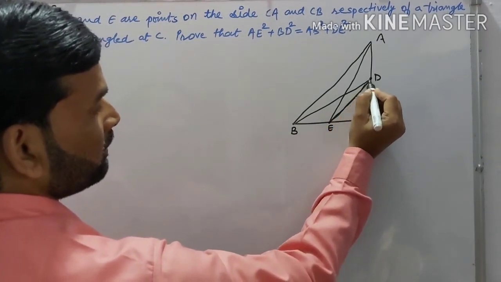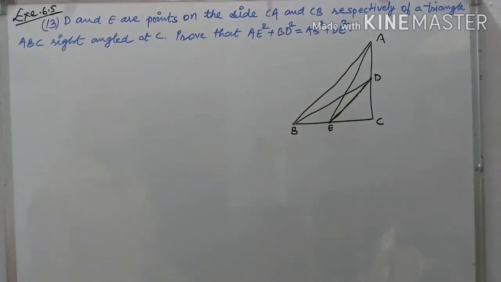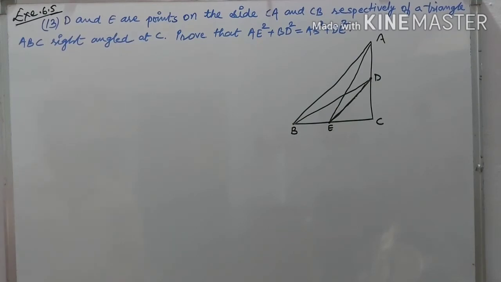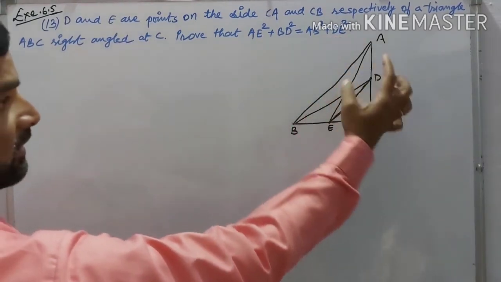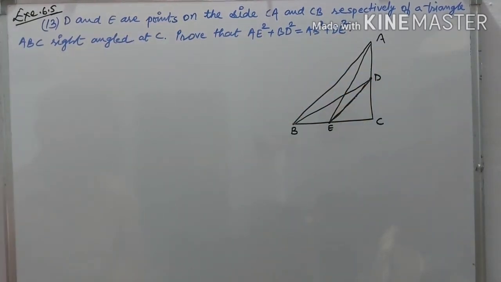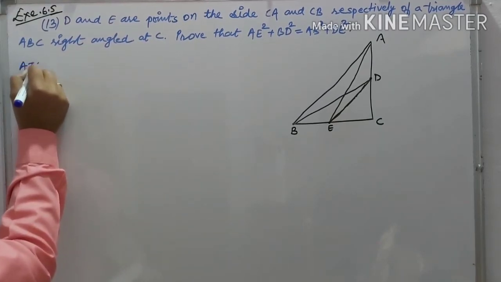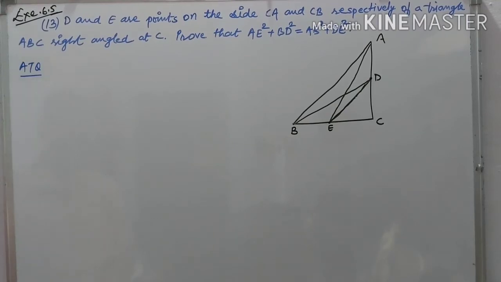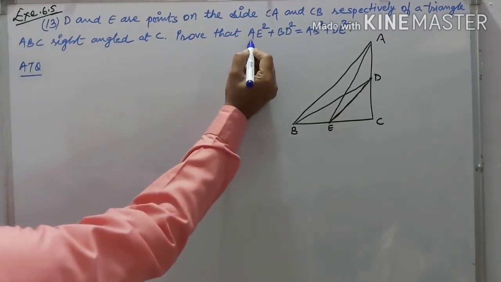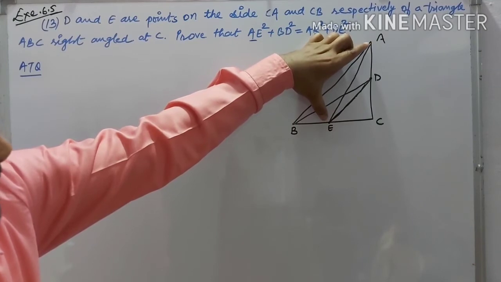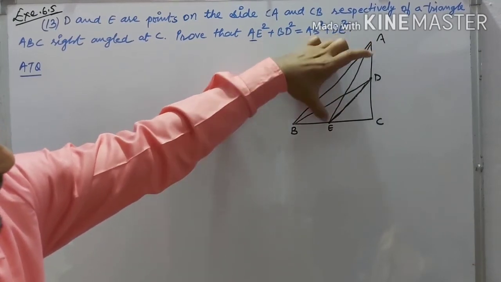Join these triangles. But AB is not parallel to DE. Here is DE, so you join the DE. In this question, according to the question, means everything that is given in the question. Now in the triangles, here will be AE. Where is the AE? This is the AE. AE is the hypotenuse of triangle AEC.